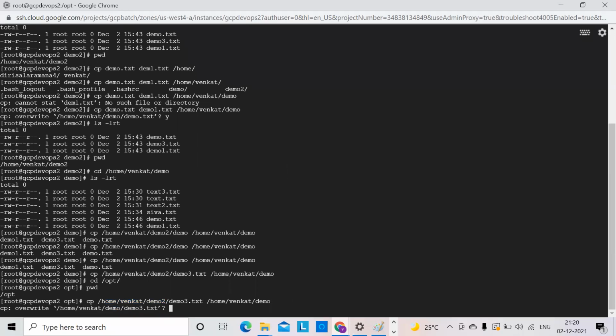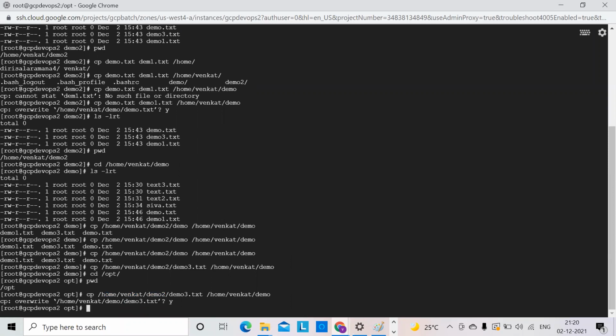Again, it overrides, because demo3 is already there in demo. That's why it overrides. So there are two cases. What I am trying to say is that with cp, most people new to Linux will get confused. Some people go to the directory and copy to the destination. Some people directly mention the full path. If you practice, you will get things clear. That is the cp command. Up to now, if you have any doubts,